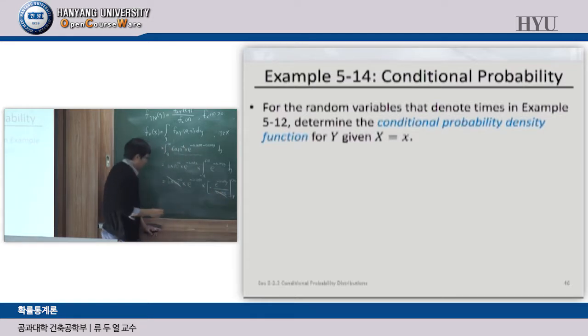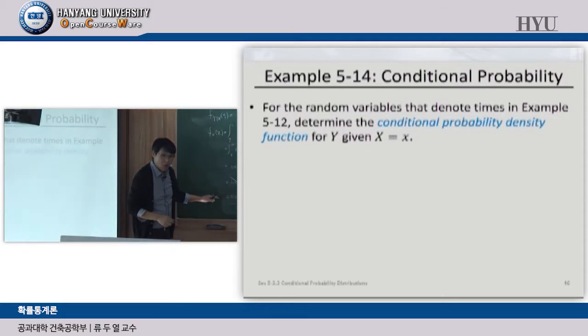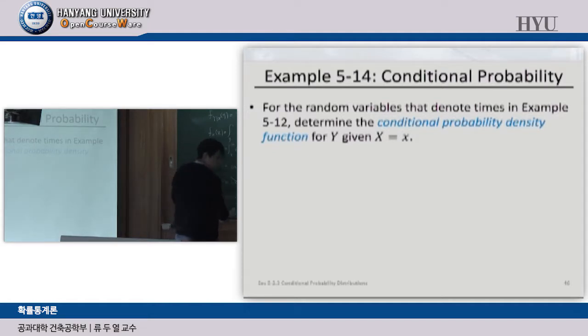And this can be rewritten as 0.003 times exponential minus 0.003x, right? So, this is the marginal probability density function of x, okay? Then,